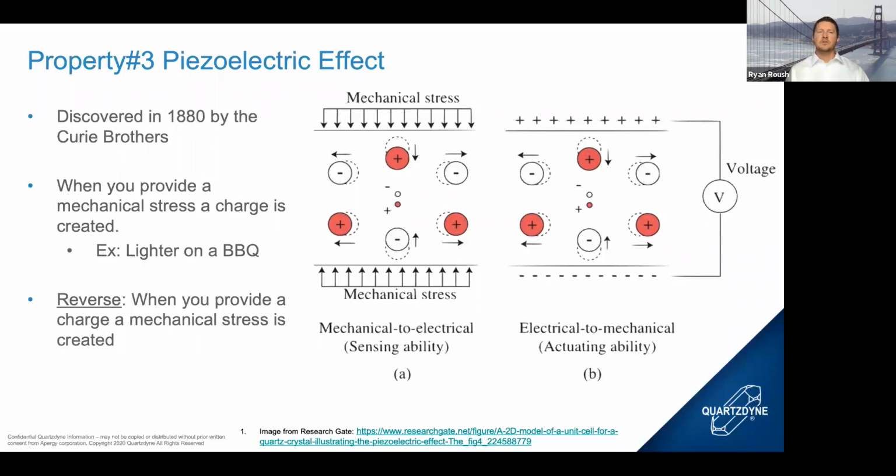There are other piezoelectric substances, but quartz is a special one that also has hardness and chemical inertness and some other properties that we'll talk about later that allow us to harness this. And so